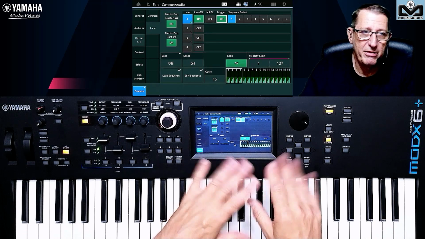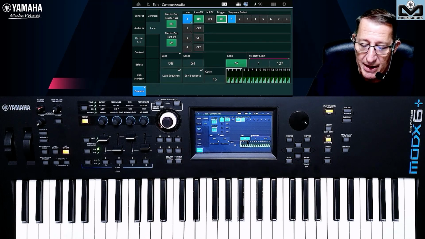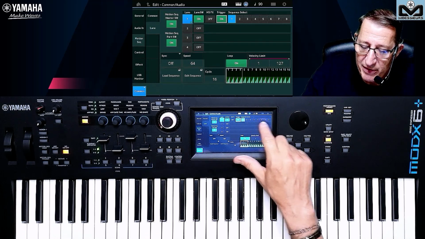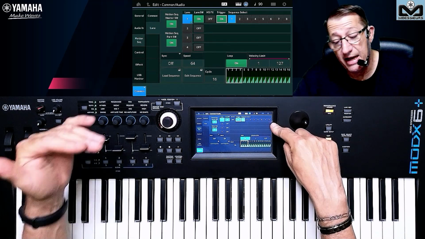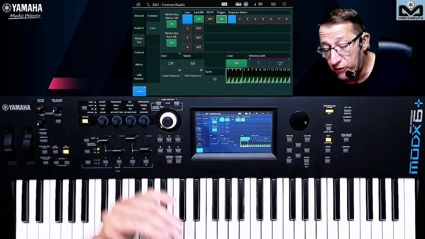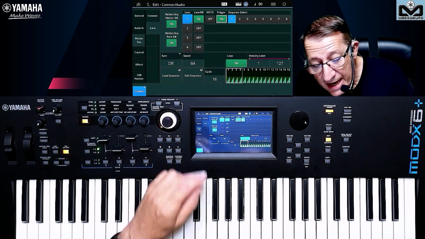Here I have not set anything very important, so you cannot hear, but this is the idea. You can see that we have the same sequence inside for each lane. You can have the same as a part. You can have 4 lanes for the command level. You have the same thing.